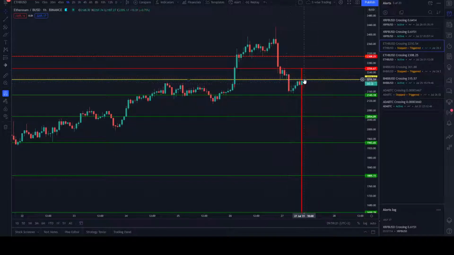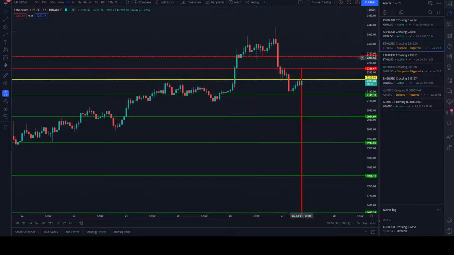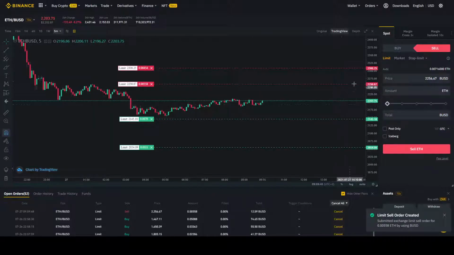It just came close to the latest entry point but didn't trigger it. So we're just putting in a sell limit order at 2256.67, an amount of 12.61. There we go. That's our sell limit order.